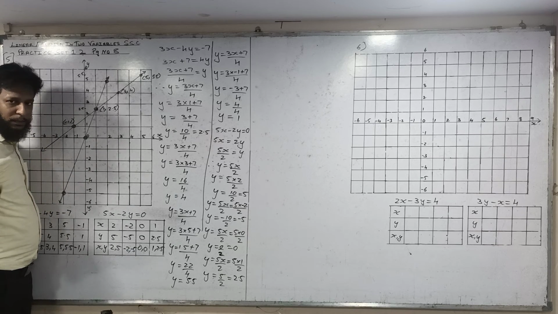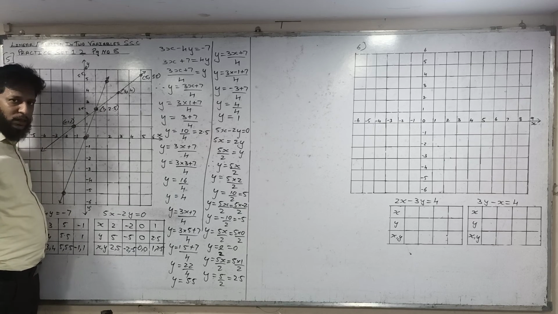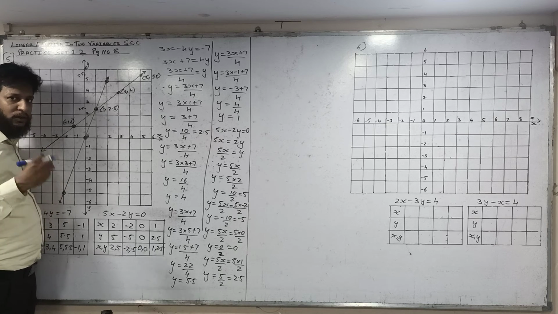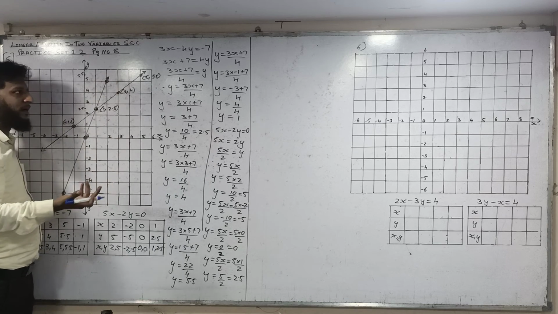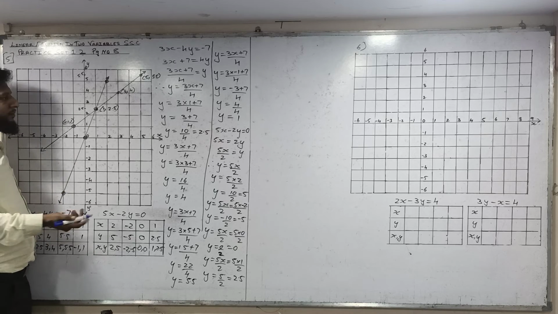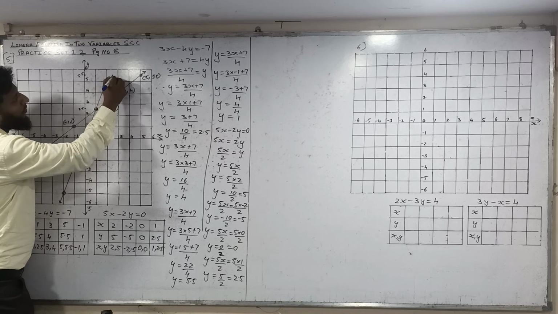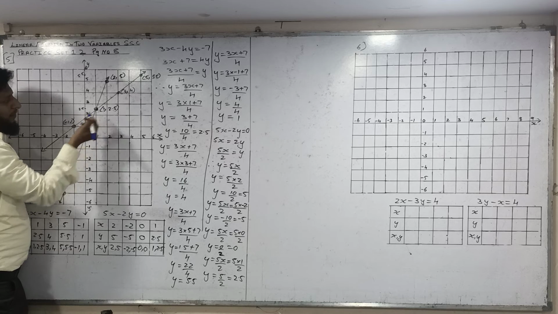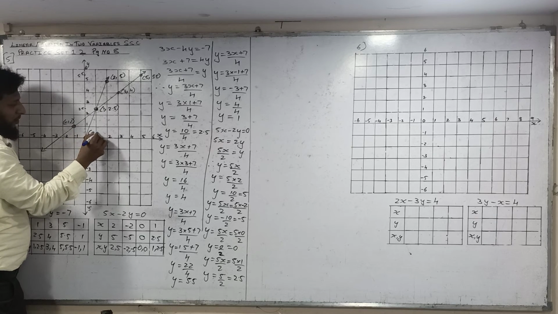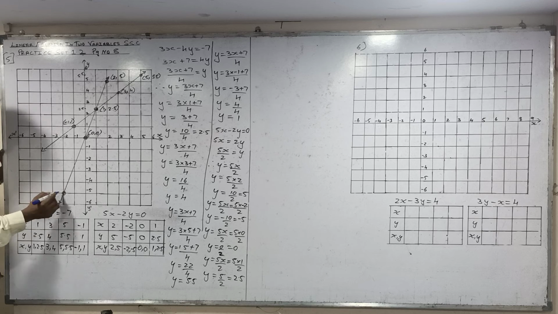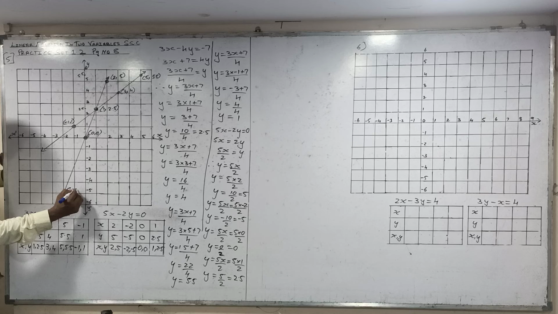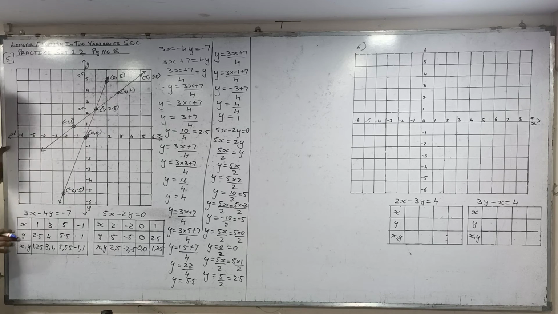So that's why I am writing the point later. First just plot the point, draw the line, and then write after the point, because you'll get the space where to write, so it will not mix up with the lines. Now this point x value 2, y value 5. Now this point is 0 0, and this point x value minus 2, y value minus 5. So we have drawn the line, we get this point of intersection.